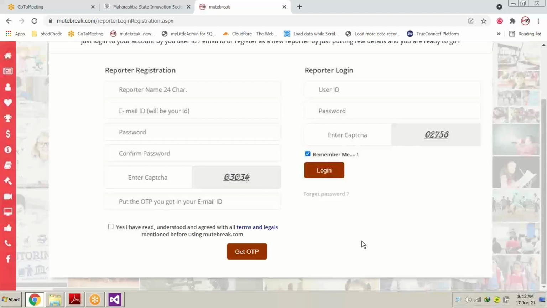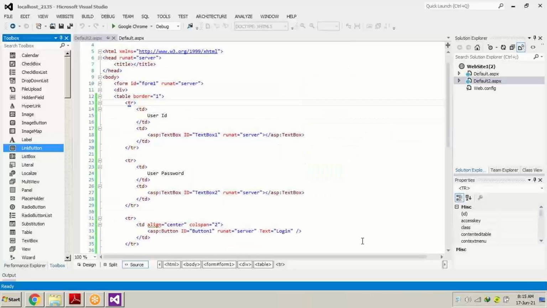Okay, I guess there might be some network issue, because after sharing the screen, the network goes down and the voice is not very clear. The voice is breaking, sir.